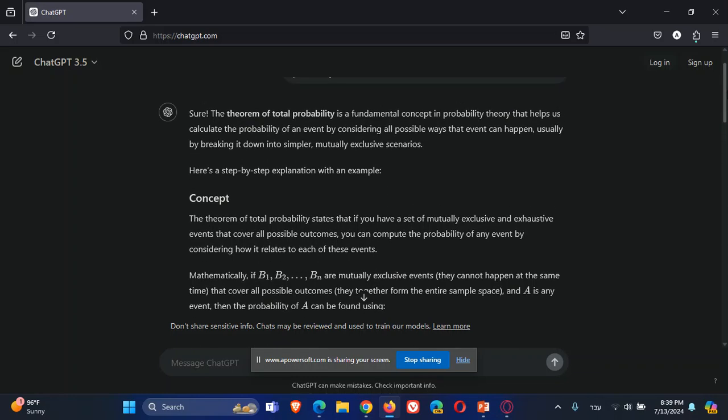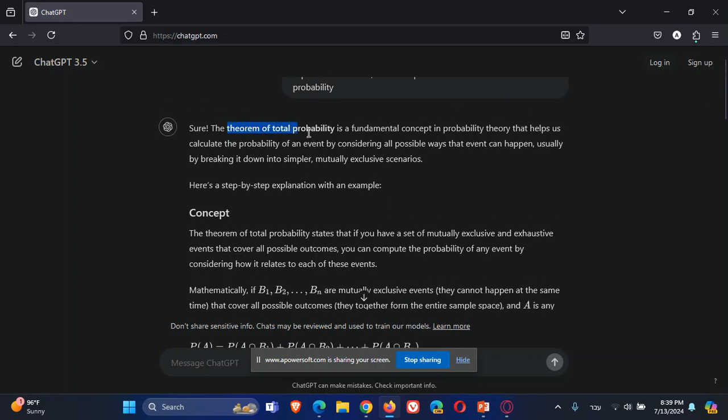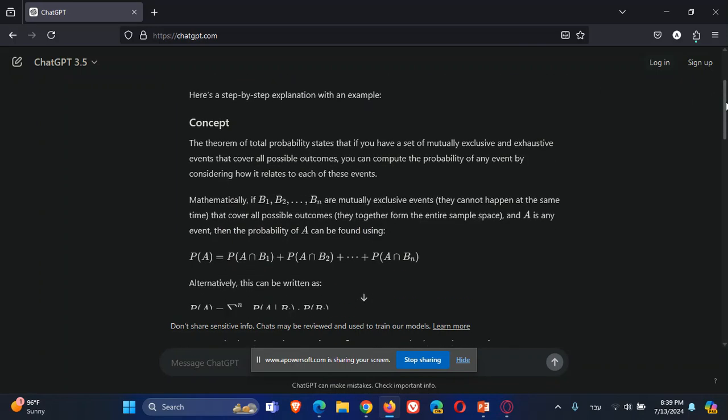What we will learn now is the concept of the theorem of total probability, which helps us calculate the probability of an event using other events, let's call them B1 to Bn, and this is the formula. The probability of some event we want to calculate is the sum of the intersections of this event with B1, B2, until